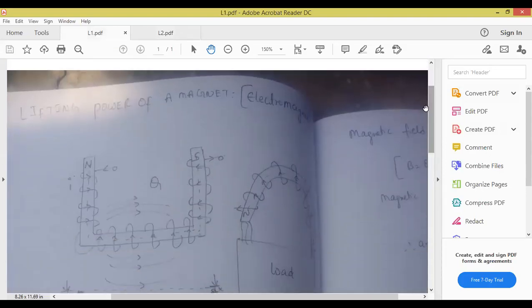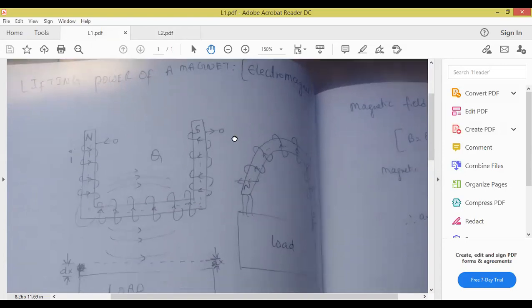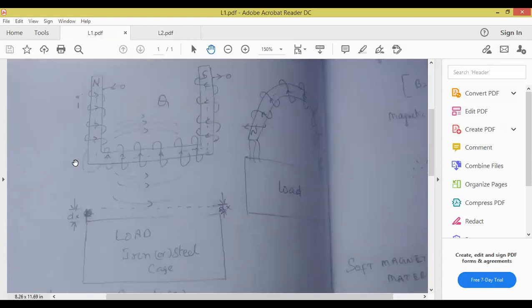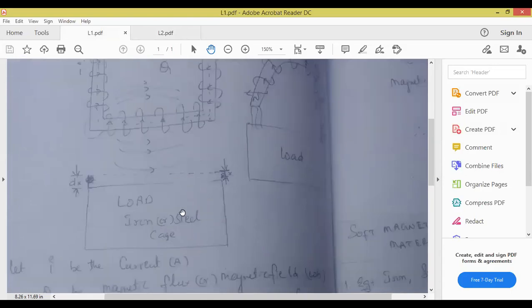What is our topic? What is the power of a magnet, to what extent the magnet can lift an object, the electromagnet. So first we must draw the electromagnet. The electromagnet is creating magnetic energy. Now if an iron cage is placed in the presence of the magnet, what is going to happen? This iron cage is attracted towards the electromagnet. So we are supposed to show mathematically the change in the position of the iron cage. What is the change in the position of the iron cage? Anyone tell me what we have written mathematically?